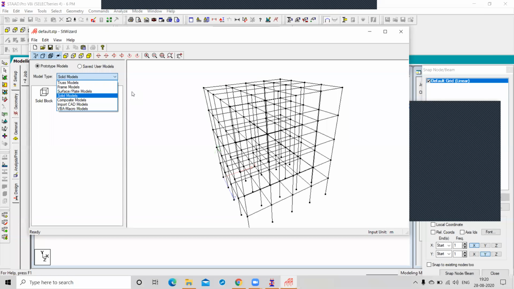So it is not an easy step to create the plan in AutoCAD and directly insert it here. After inserting, you have a problem while applying the load, because in loading, the y-axis is automatically considered as the vertical direction.